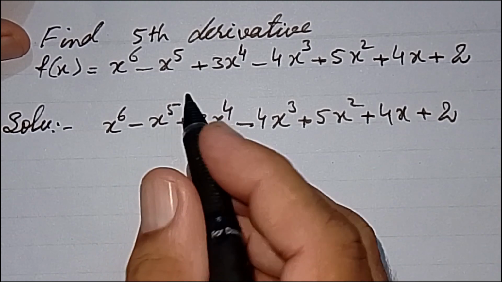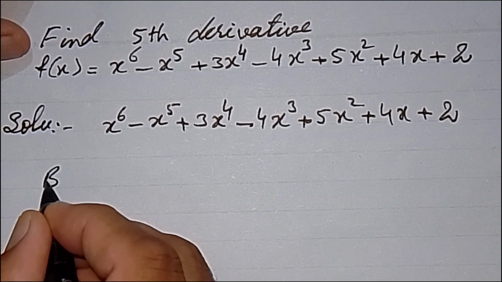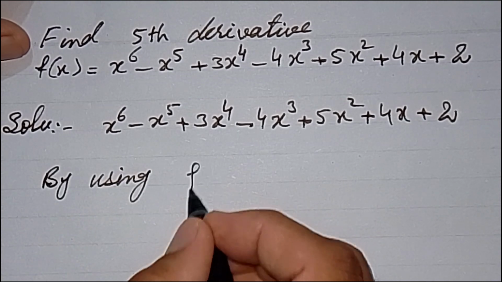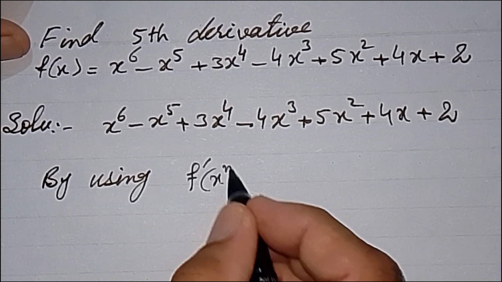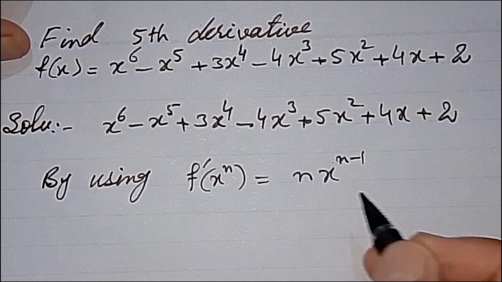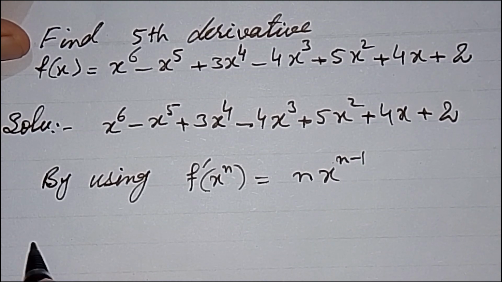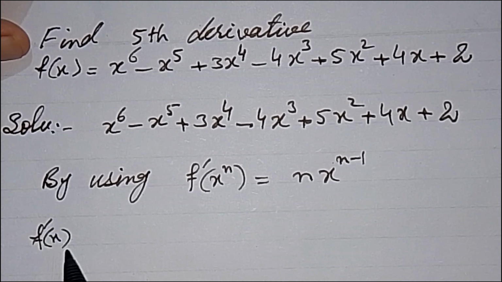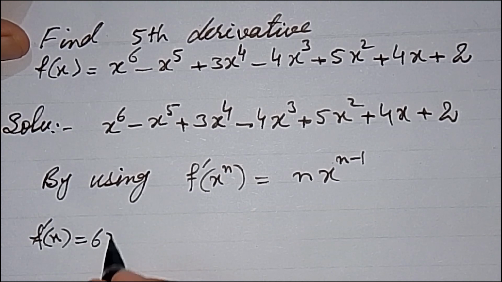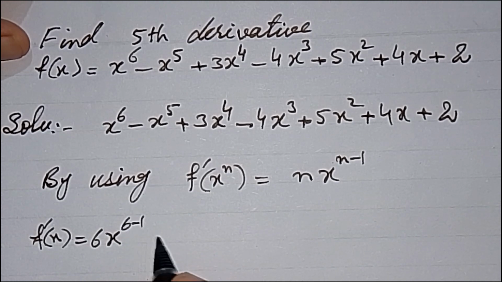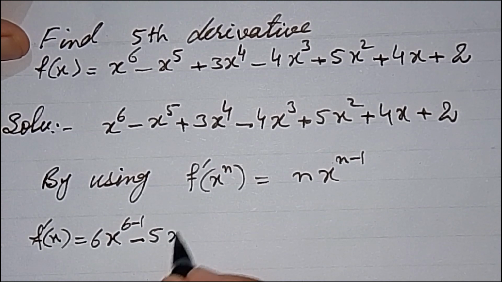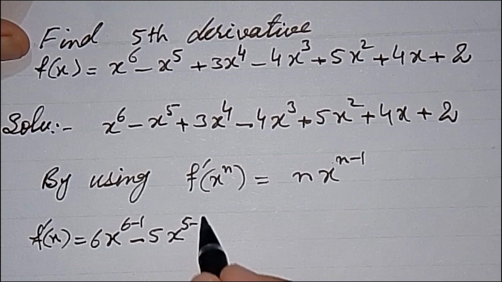Now we use the formula: the derivative of x raised to the power n is equal to n x raised to the power n minus 1. Then f dash x is equal to 6 x raised to the power 6 minus 1, minus 5 x raised to the power 5 minus 1